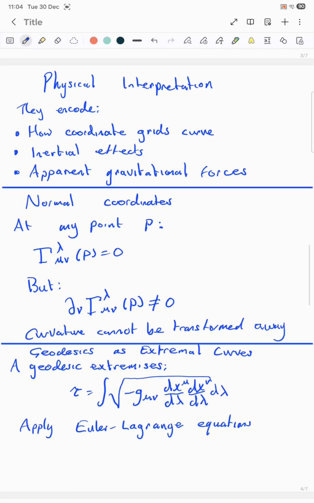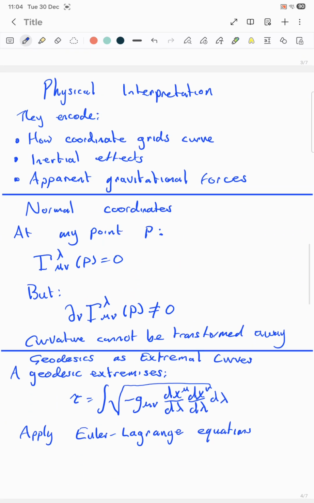Now the physical interpretation of all this is that they encode how coordinate grids move, and inertial effects and apparent gravitational forces. Now in normal coordinates at any point P the Christoffel symbols are 0, but the partial derivative with respect to ν is not 0 at P, so curvature cannot be transformed away,